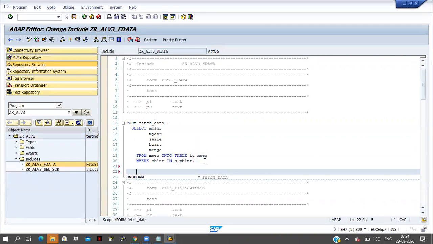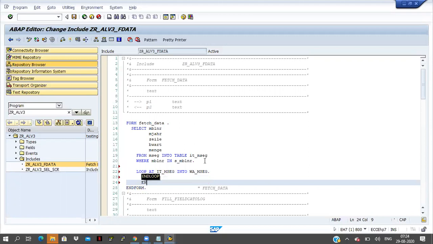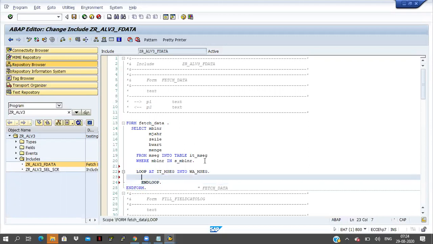So here I will give some conditions. I will loop the data: Loop at ITMSEC into Workarea MSEC, and end loop. In the loop, I will use Workarea MSEC hyphen MENGE.